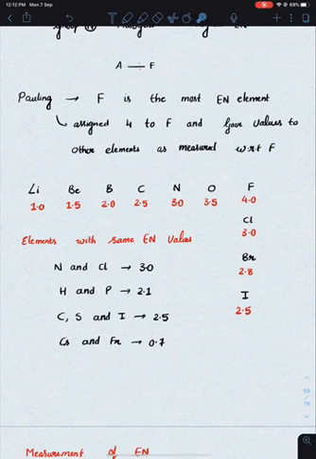It is easy to remember the left side period elements. Going left from fluorine, decrease it by 0.5, 0.5, 0.5, and you will get the electronegativities of that particular period. Oxygen is 3.5, nitrogen 3, carbon 2.5, boron 2, beryllium 1.5, lithium 1. You can compare other elements by knowing that down the group electronegativity decreases. So sodium will have a lesser electronegativity than 1. Beryllium will have electronegativity between 1 and 1.5, and so on.